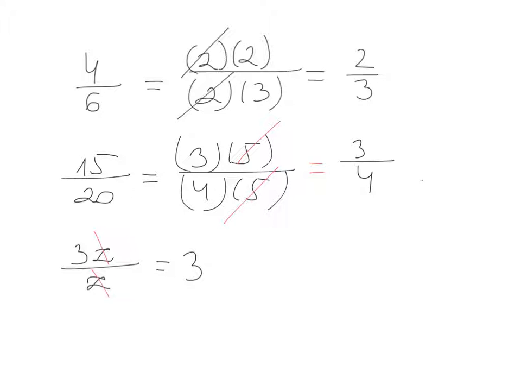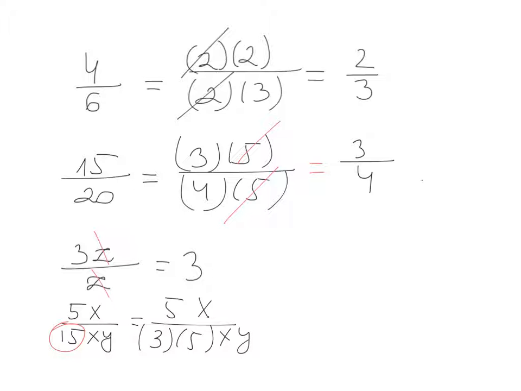And let's see 5x divided by 15xy. Okay, how can we simplify it? So first of all, try to break it down. We have 5x, and we can break down 15 as 3 by 5, and then we have x and y. So we can cancel out the 5's and then the x's. Okay, and we are left with